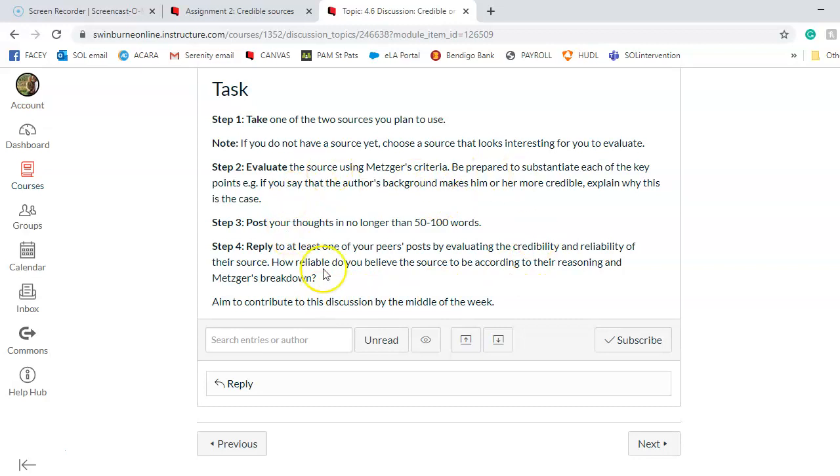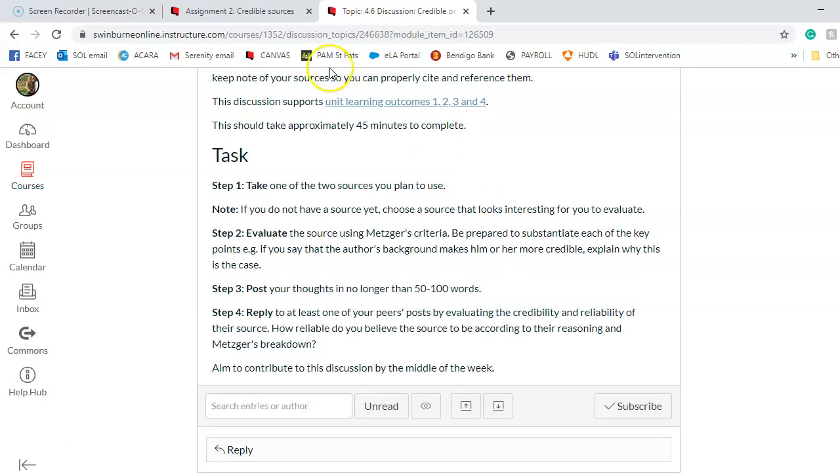And I can give you feedback on your referencing in this week. I can give you feedback on your source. I can give you feedback on your evaluation. I can't do that privately via email, but I can do it in this week's activity. So it's vital that you jump on board and complete that.